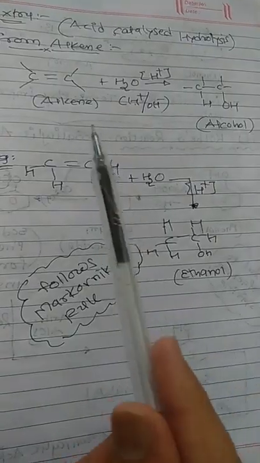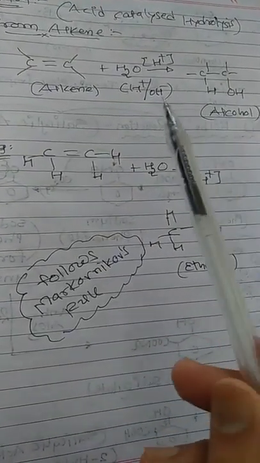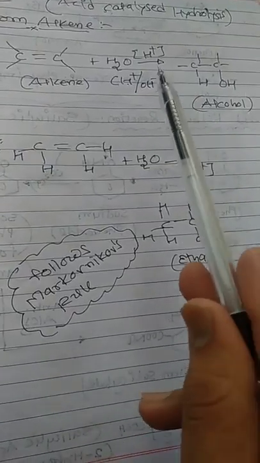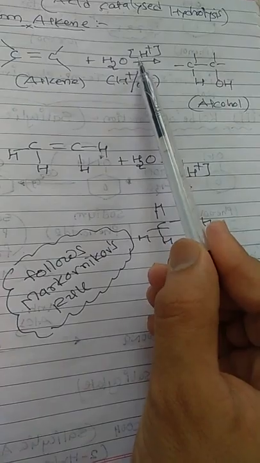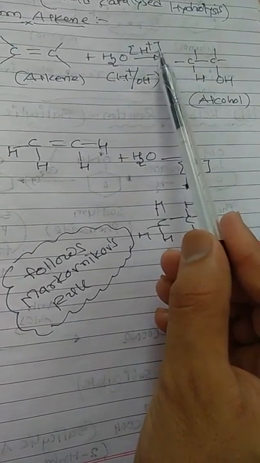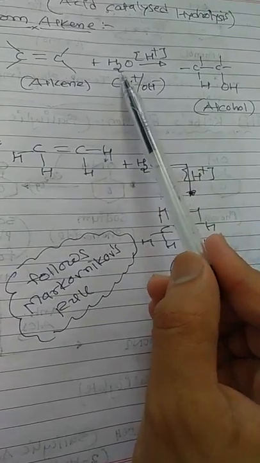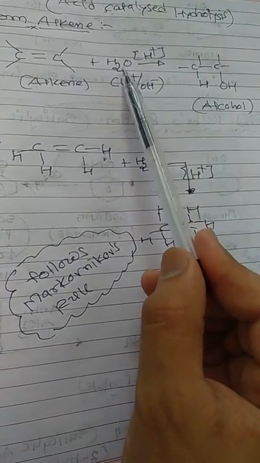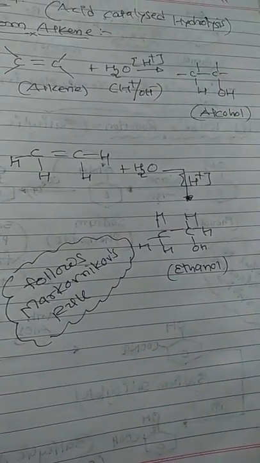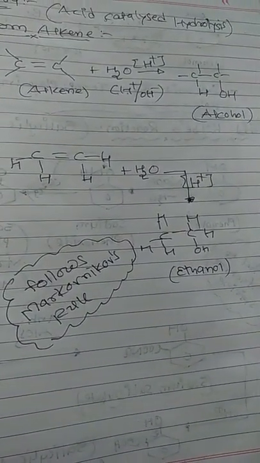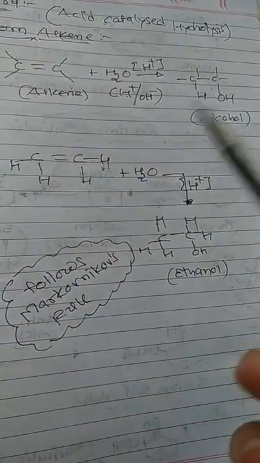So alkenes are the best source to manufacture alcohol, but this reaction scheme is called acid catalyzed hydrolysis. Why is this word necessary? Because the square bracket always indicates the presence of a catalyst. Here the catalyst is an acid molecule, and addition of water is called hydrolysis. The reverse terminology also exists: removal of water is called dehydration, but here addition of water is there, so the word hydrolysis is used.